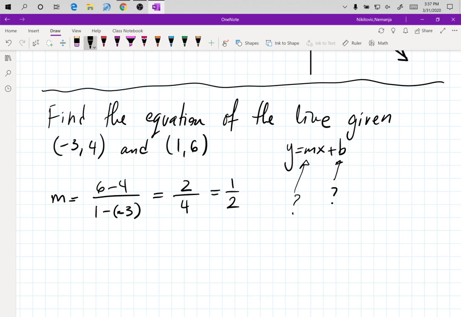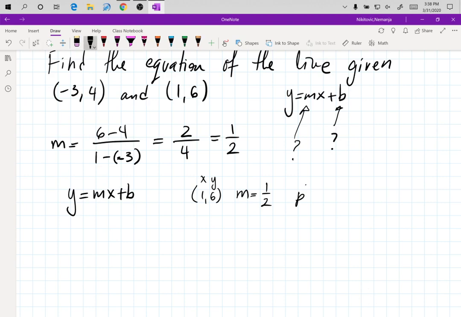So that was easy to understand. Now, y equal mx plus b. Pick any of the 2 points. Let's pick 1, 6. You have your x, you have your y, and you know that your m is 1/2. Plug in. So y is 6, m is 1/2, x is 1 plus b. 1/2 times 1 is 1/2